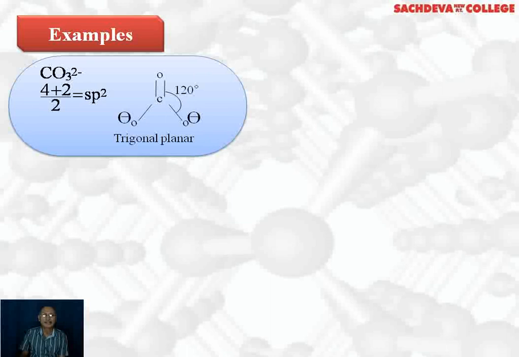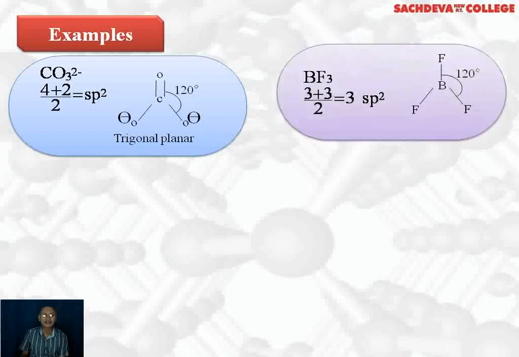Now how do we decide whether there is a double bond or a single bond? Carbon is tetravalent and it has to form 4 bonds with 3 oxygen atoms. There must be one double bond. And the oxygen atoms which are single bonded will each have a negative charge, because the carbonate ion has 2 negative charges.